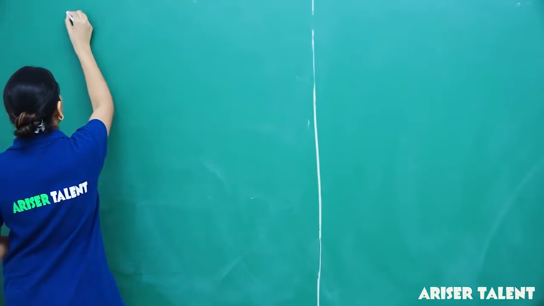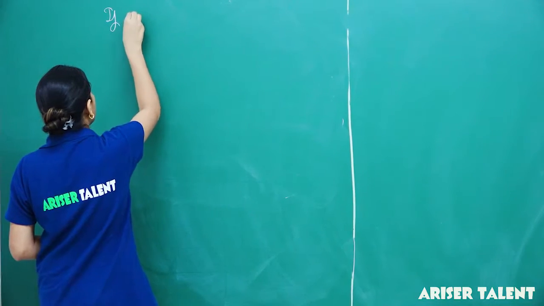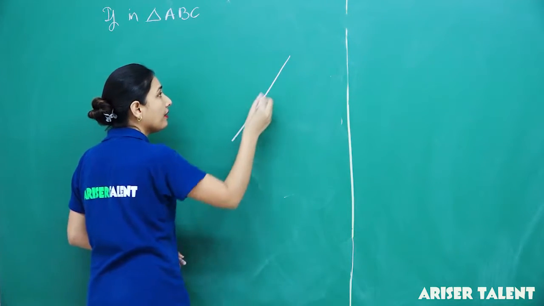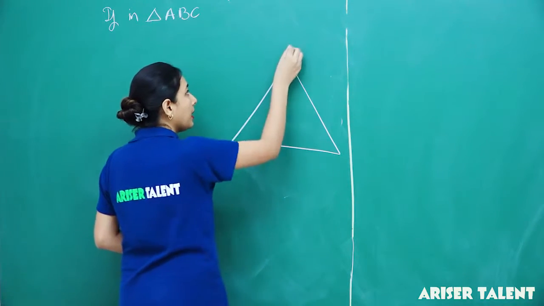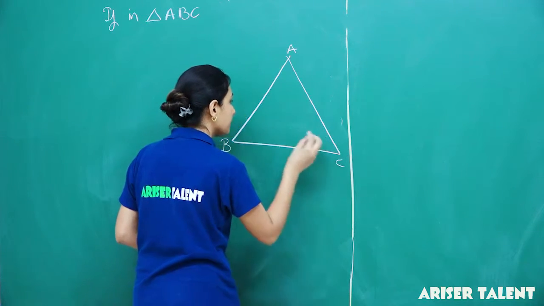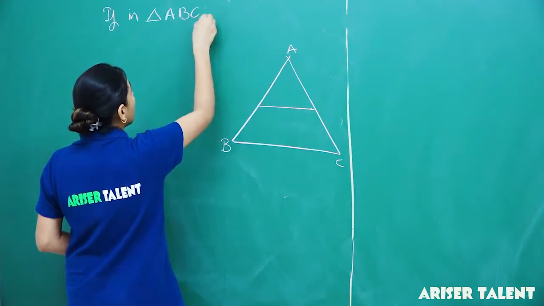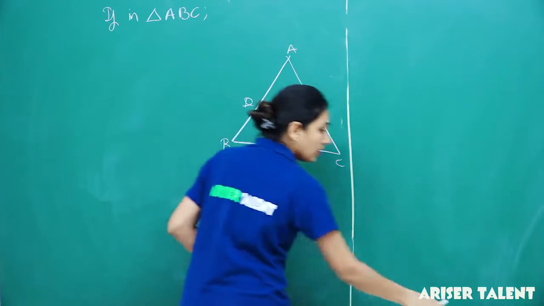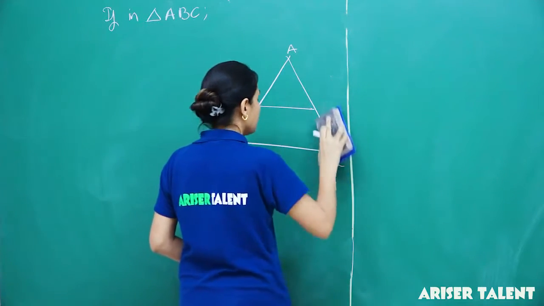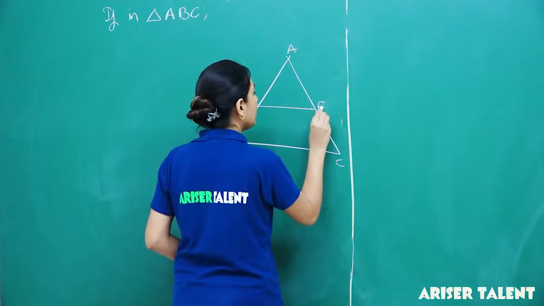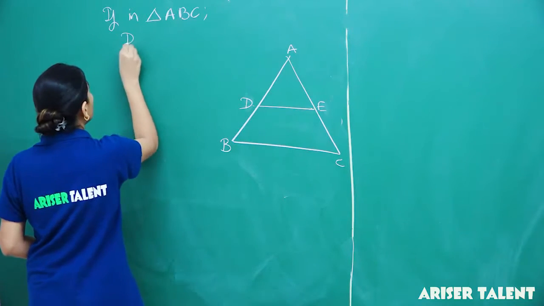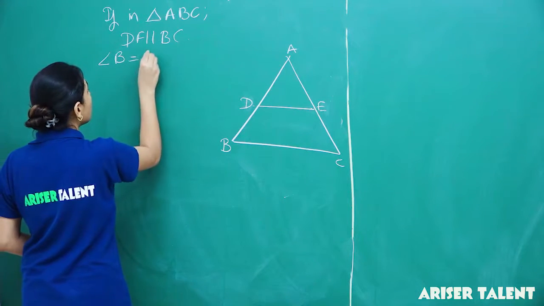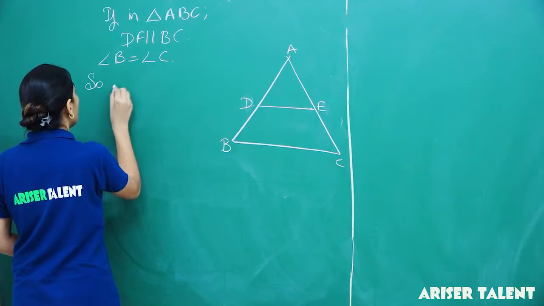So if in triangle ABC, you can have it here also. Okay, A, B and C. You will be having here D and E. So DE is parallel to BC and angle B is equal to angle C. So prove that